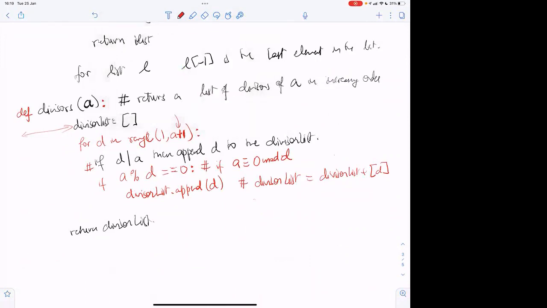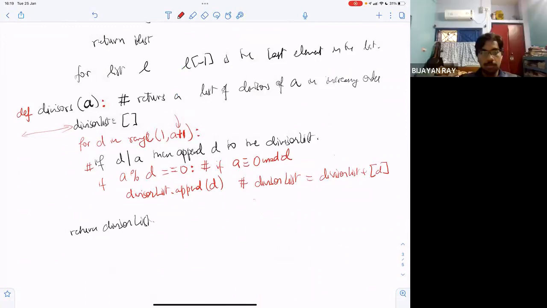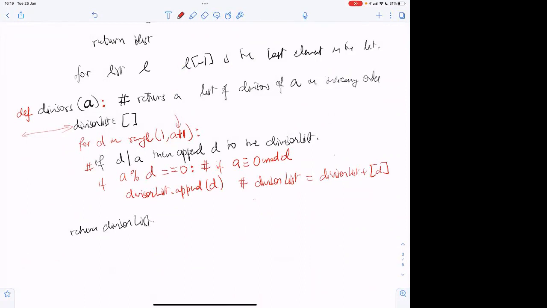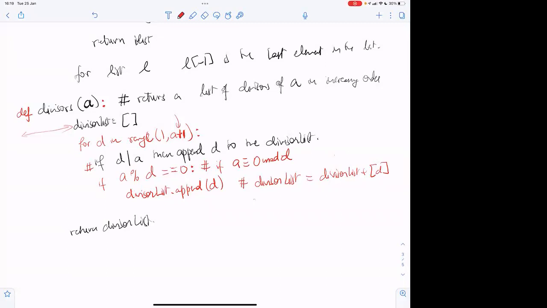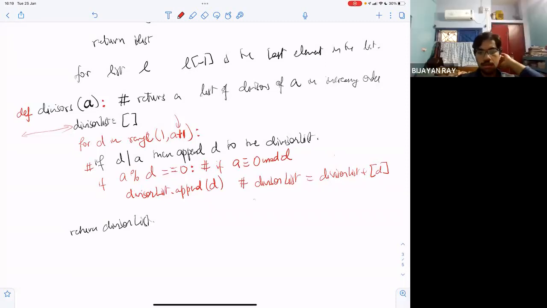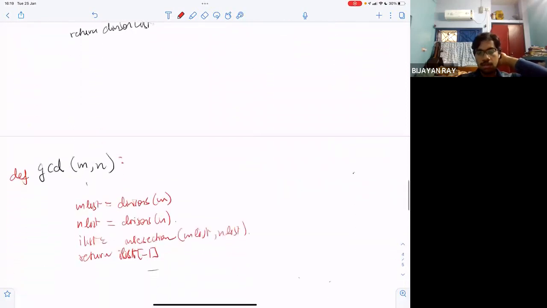If you were to evaluate this formally, you would convert this into a list consisting of 1 through a. But even in Python, you don't do that unless you explicitly say for D in list of range of 1, a plus 1. So you do not expand this into a list. There is some notion of laziness even here. Okay, sir.